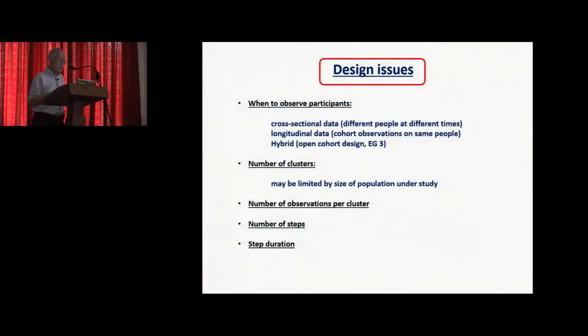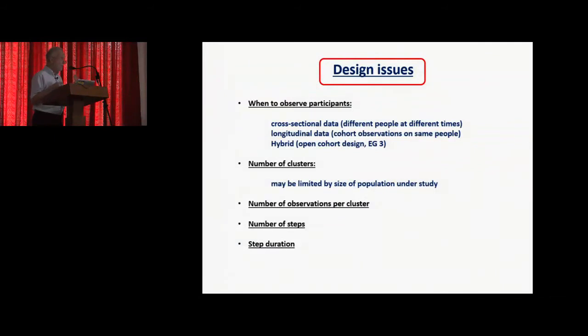In choosing this design, you've got quite a lot of choices to make. When are you going to observe people? And is it going to be the same people at different times? Are you going to be following them cross-sectionally and then moving forward in time? Or is it going to be different people at different times? So is it an actual cohort that you're following, or is it going to be repeated cross-sections with different people